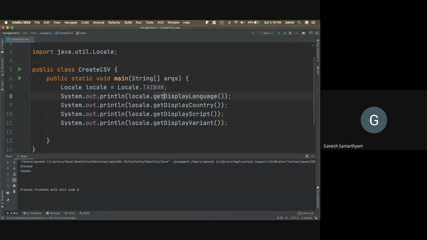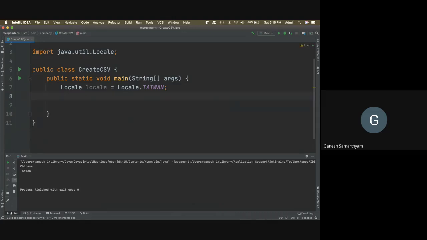That's fine. So, with this insight into what a locale has, let's pump it into a CSV file so that we can examine it or use it later. Now, how do we create a CSV file? First, I have to have a file for that, right? So I can give my file name. What is my file name? Locales.csv, right? So I got my locales. I want to give it a semicolon now.